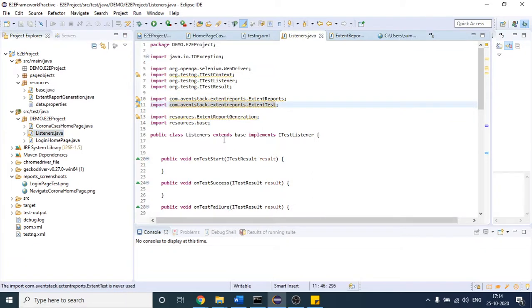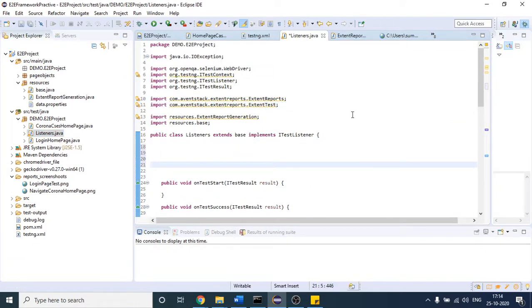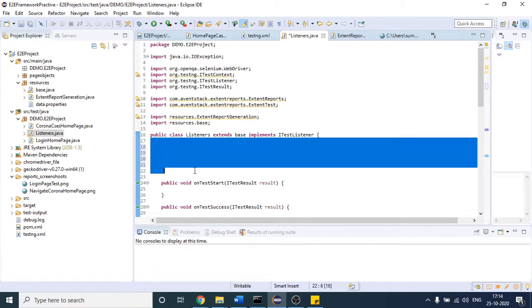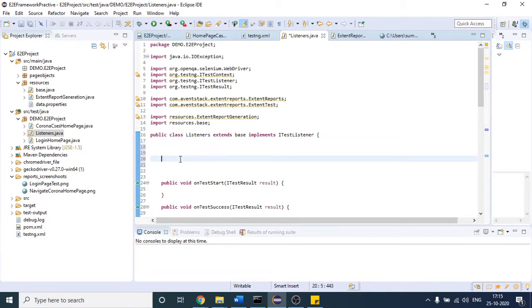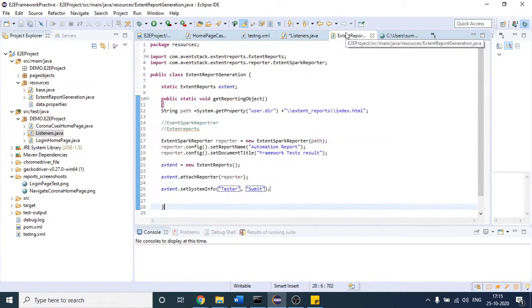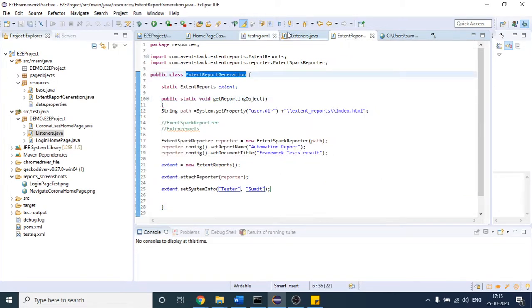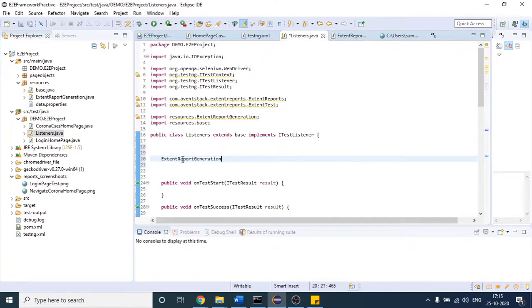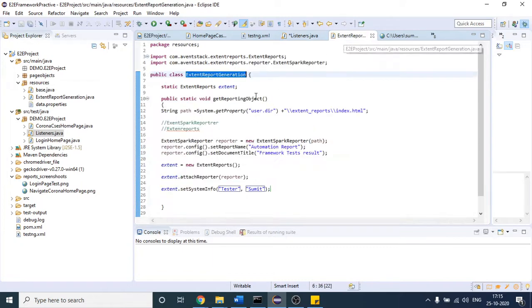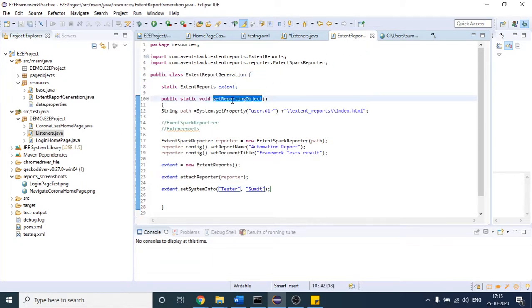So what will happen? First of all, let me get whatever object we have created in that file. I want to get the object here. As I made this method static, I can directly call that method with the class name. In that listener, I will explain in the debug way as well how the program flow is working. As of now, I want to get that method. So what is the method here? Yeah, this is the method name.